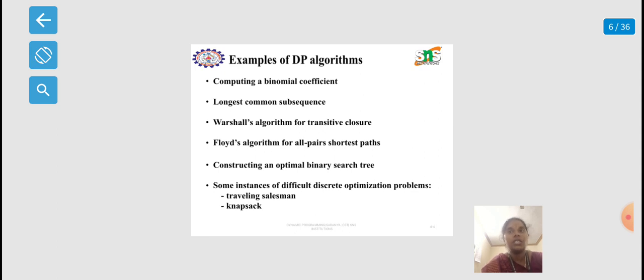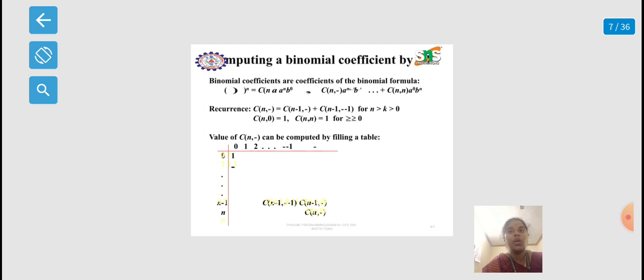The first thing is computing a binomial coefficient. A binomial coefficient is a non-optimization problem but can be solved using dynamic programming. A binomial coefficient is represented by C of n comma k equal to n factorial divided by k factorial times n minus k factorial, or n choose k, and can be used to represent the coefficient of a binomial